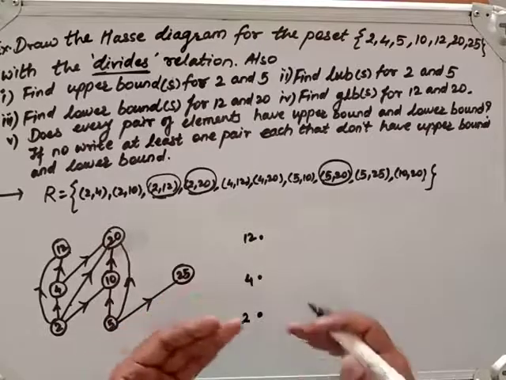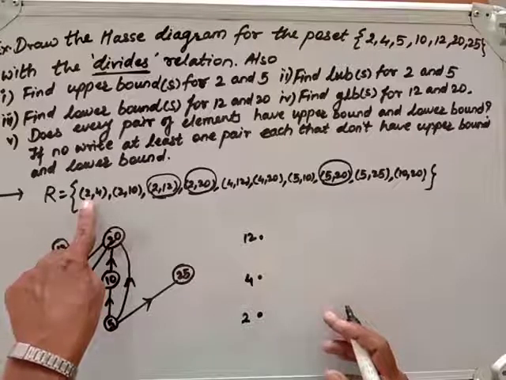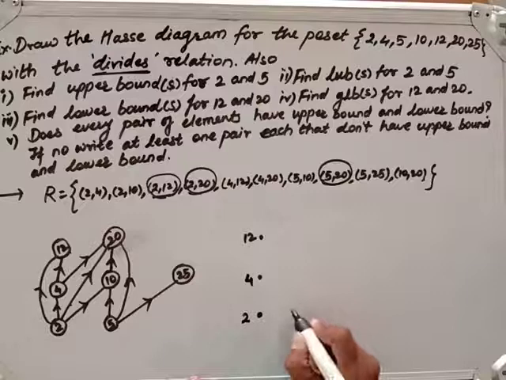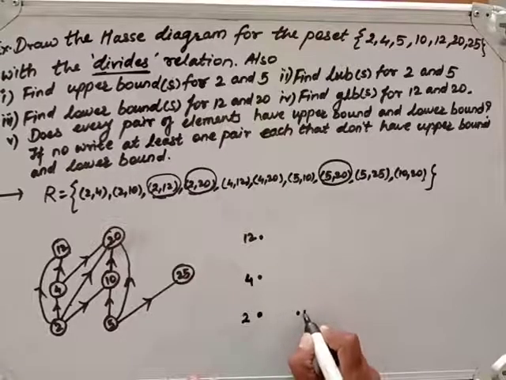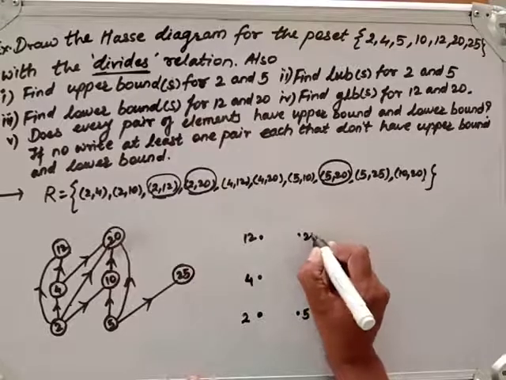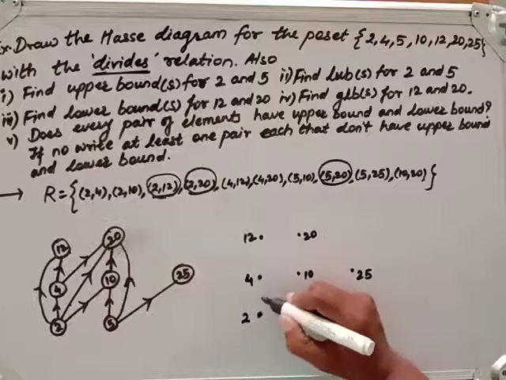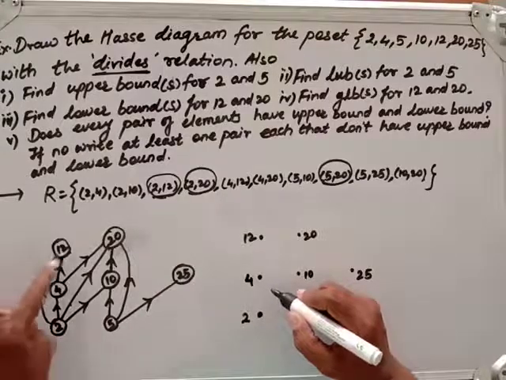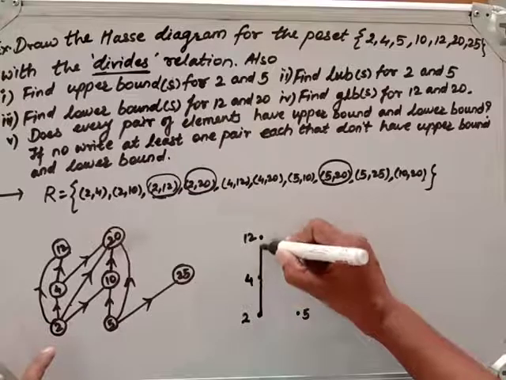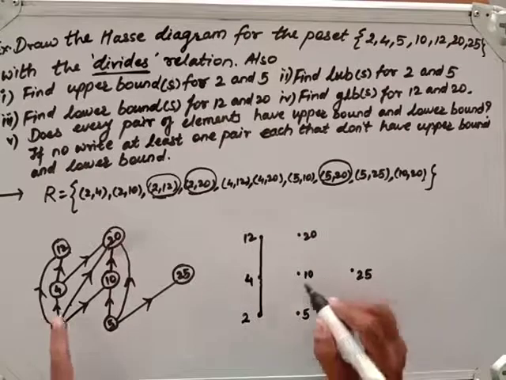So we should write the lower values, the first coordinate of this pair, at the lower level and the second coordinate at the upper level. Fine. Now this is 5, this is 10 and 20. Also we have to write down 25. Okay. So here I won't use this line. I will use this one. This is okay. We won't show the direction also. We know this is arrowed in the upper direction.